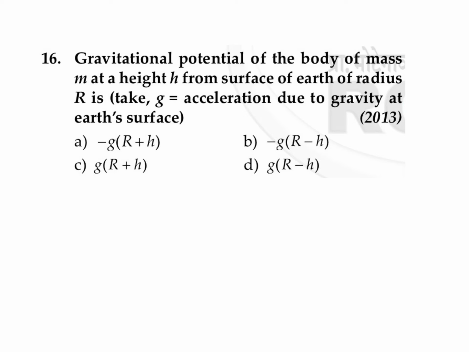The gravitational potential of the body of mass m at a height h from the surface of earth of radius r is, we can take it as the value of its gravitational potential energy for an object of mass m which is at a height h above the surface of earth. So normally we'll have a tendency to write it as mgh, but that is not the actual value of